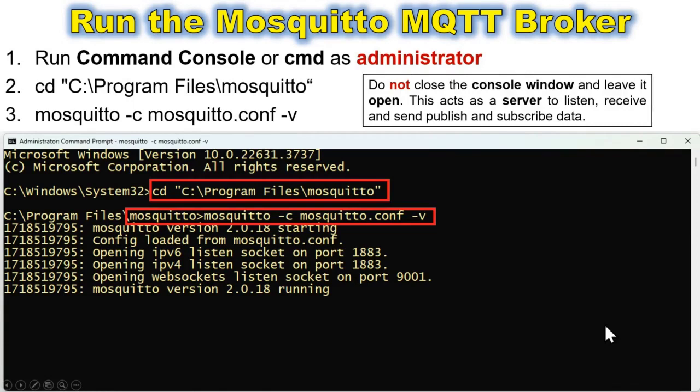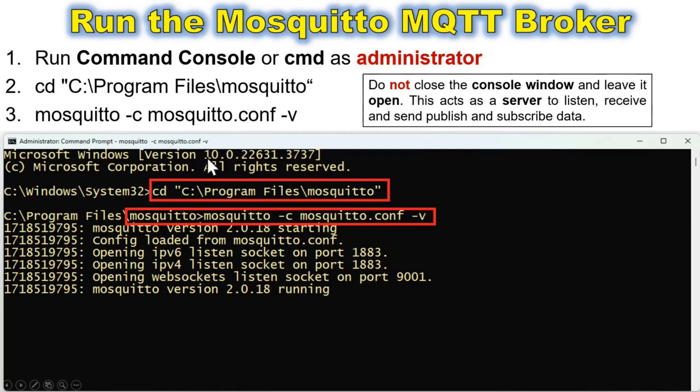To run the Mosquitto MQTT broker, run the command console or CMD as administrator. And then after that, you type the command change directory through the drive and path where Mosquitto was installed. Here in this case, it is located at drive C, folder Program Files, subfolder mosquitto.